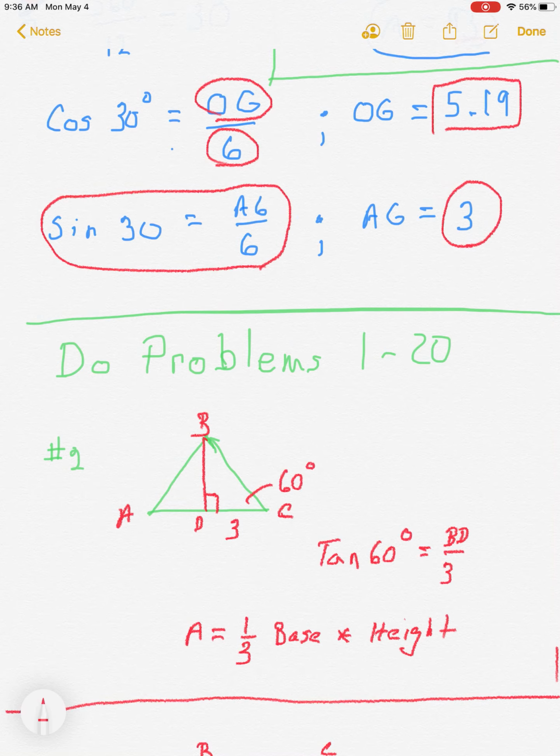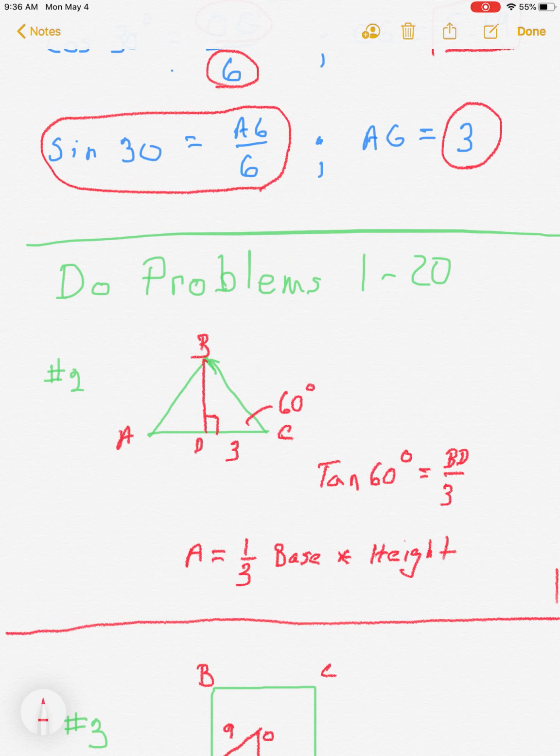I'd like you to go to page 811, and I'd like to explain number 2. Number 2 is a triangle in which one of the sides is given as 6 units long. What I did is I pictured that triangle. I flipped it up on its side a bit, and I labeled it ABC. And I said, okay, if AC is 6, that's what's given on page 811, number 2, then DC is 3. DC is 3. So I made a right triangle out of this, BDC. All right, and I know